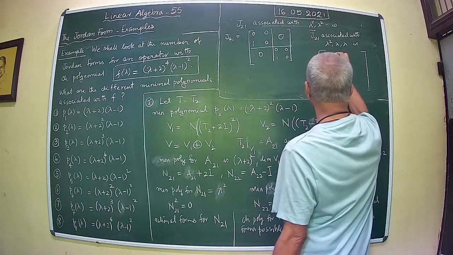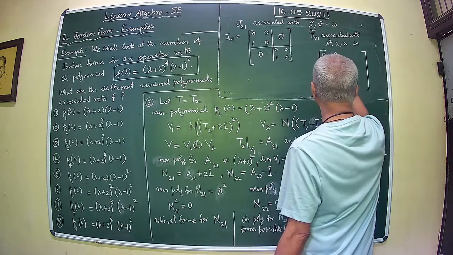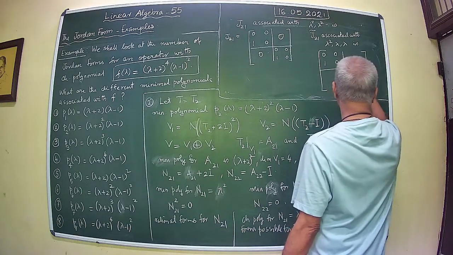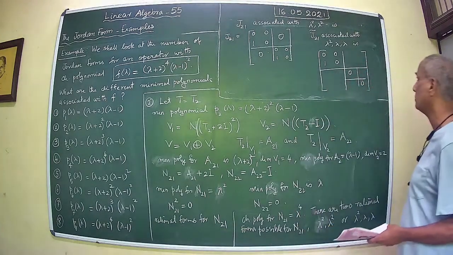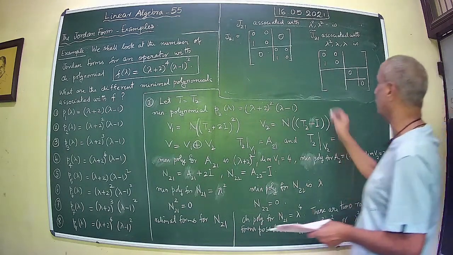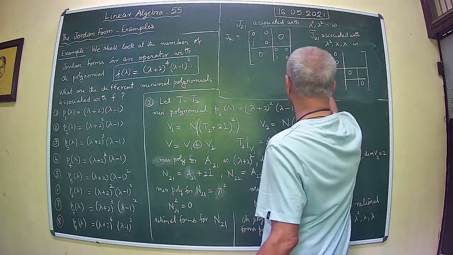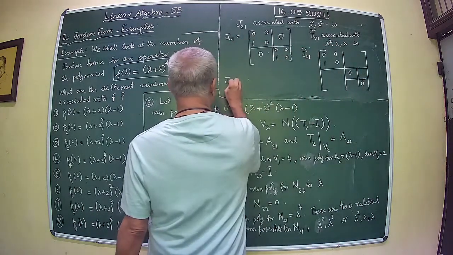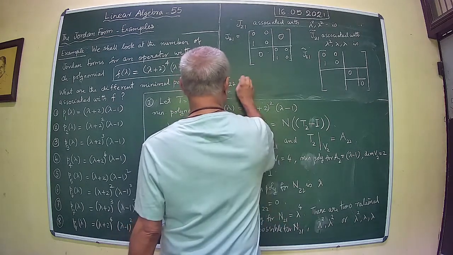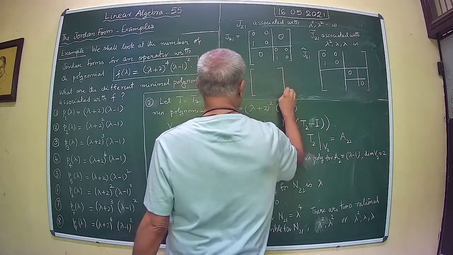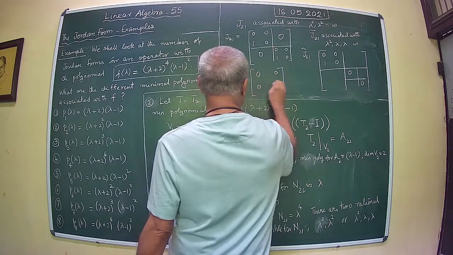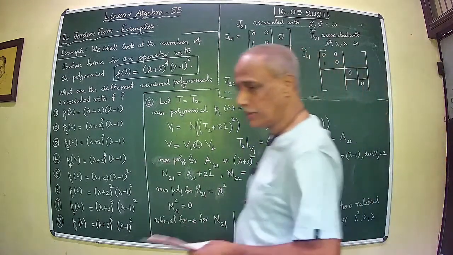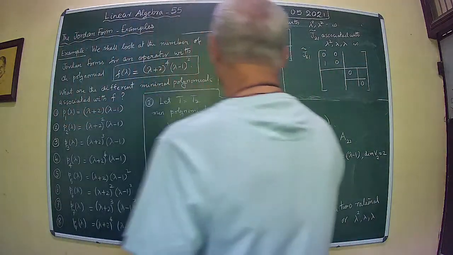One is this 0, 0, 1, 0, 1 block, 0. Okay, this is J2. And J22, there is only one possibility. It's given by, okay. Therefore, the corresponding J2